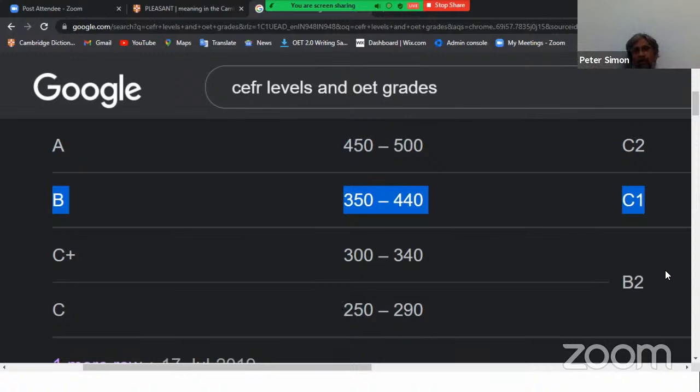$350 to $440. Now these I am categorizing into two, B and B plus. B plus is 400 to 440, B grade. So if you are using C1 words, your marks will be like that for vocabulary and grammar also the same. So there is a scale by which you are measured, what type of words you are using.